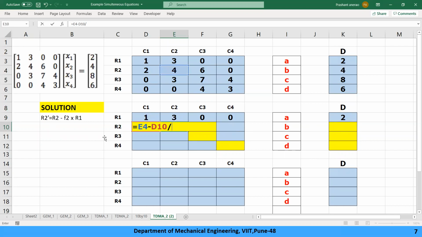Now for R3, when we work on row number 3, I'll change the formula: R3 dash equal to R3 minus F3 into R2. R2 keeps getting updated like this, because when I work on row number 3, see, this is already 0. I would like to make this term